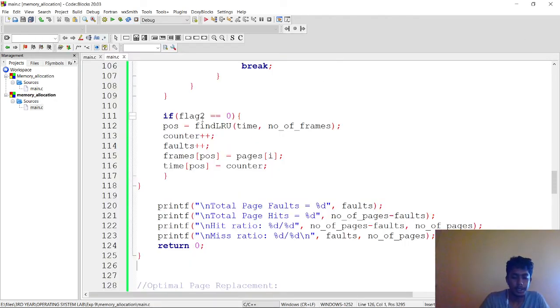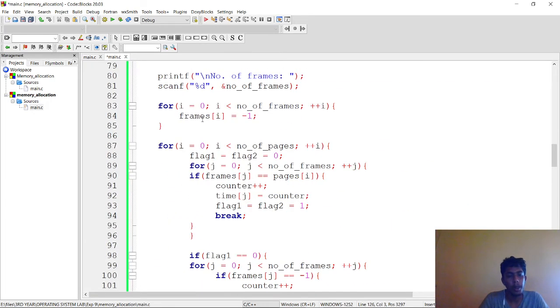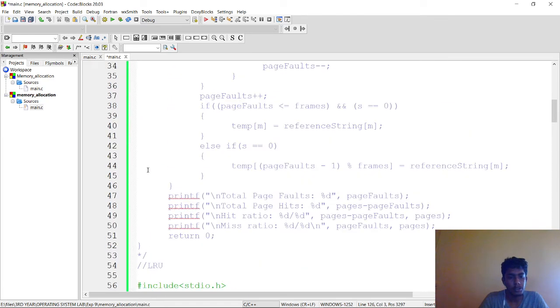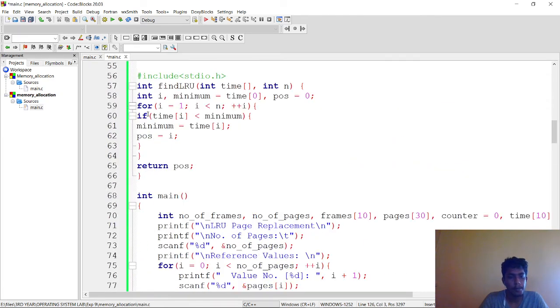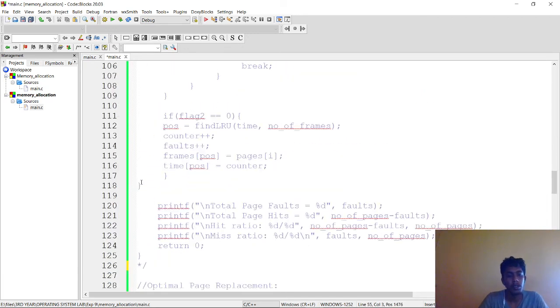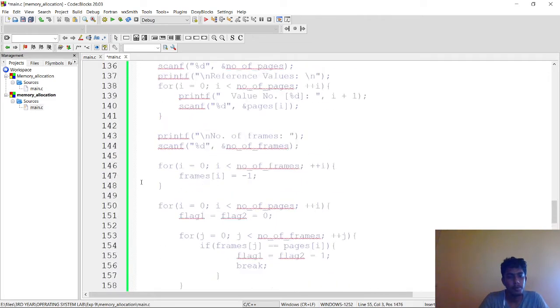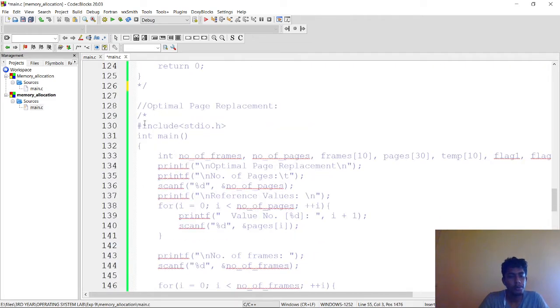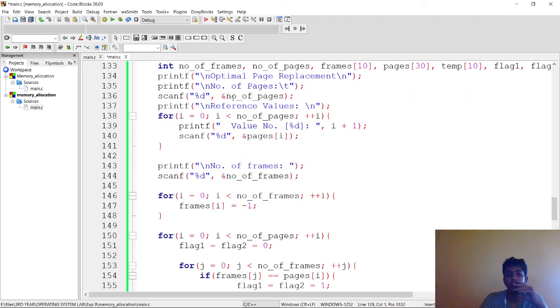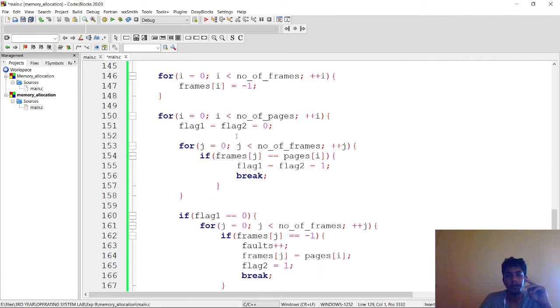Next we are going to see the optimal page replacement. Here we get the number of frames the same as from the beginning.